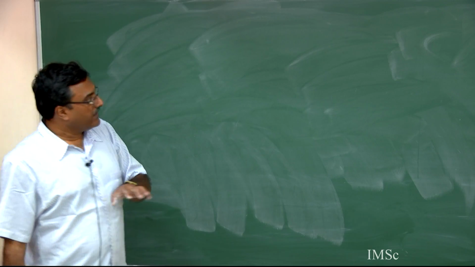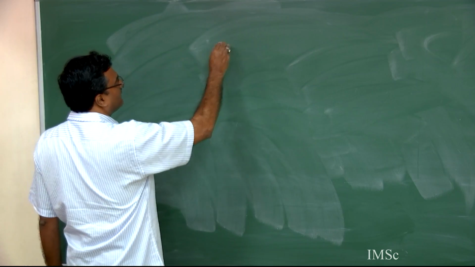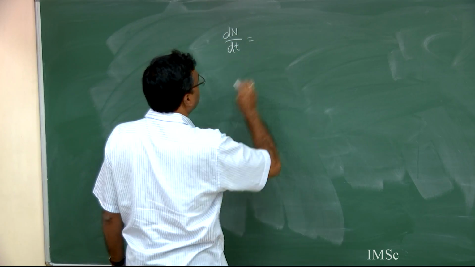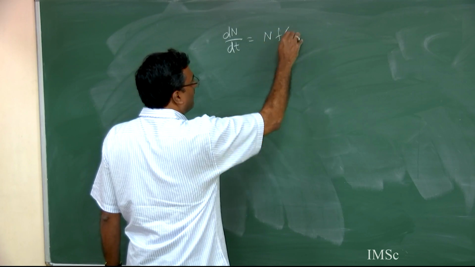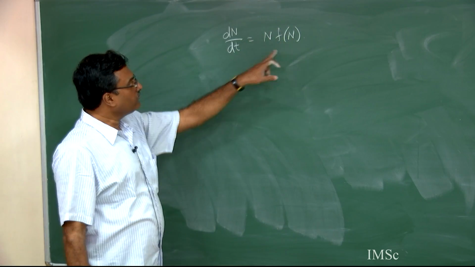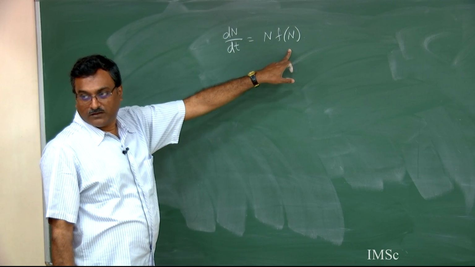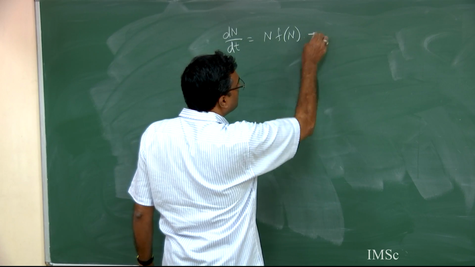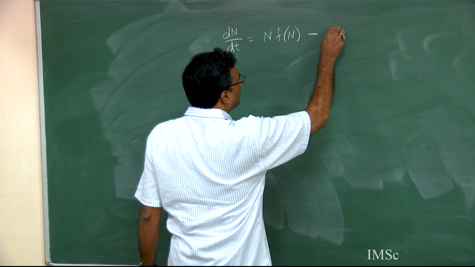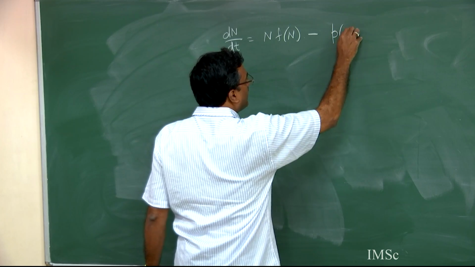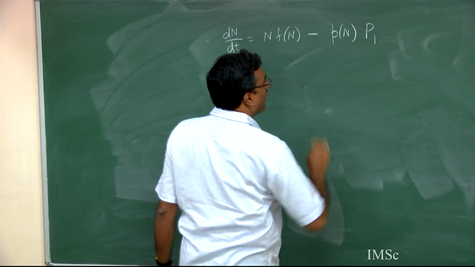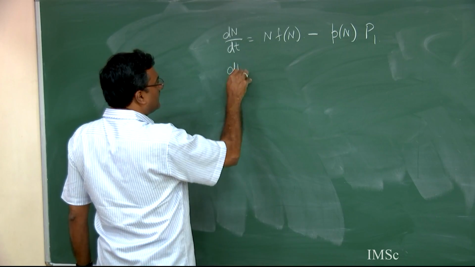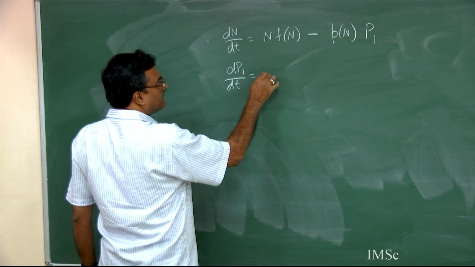So the general formulation will be something like this: dN/dt is equal to N into f(N), that is the growth of N in the absence of the 2 predators. The first predator consumes the prey population, say p(N) multiplied with P1,